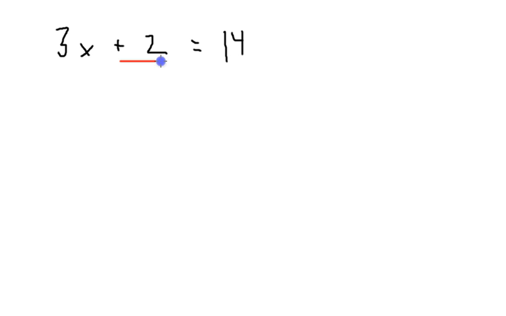And we're going to find its inverse. So the inverse of adding 2 is actually subtracting 2. We're going to cancel. Remember, we find our operation, then we get the inverse, and we're going to cancel. So we're going to cancel on both sides here. And then we're going to balance, which is the 14 minus the 2. And so what we end up with